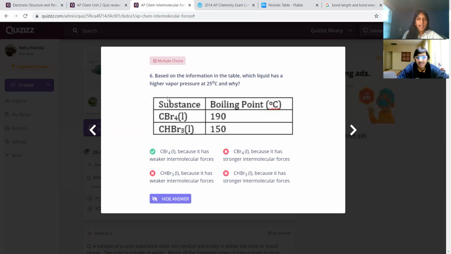Wait, I thought you said that higher vapor pressure is for higher boiling point. Okay, hold on. Let me think about this for a second. Higher vapor pressure means we were able to boil more easily, which is why we have more pressure from the vapor. There was a rule for this that I forgot, but I'm pretty sure non-polar things